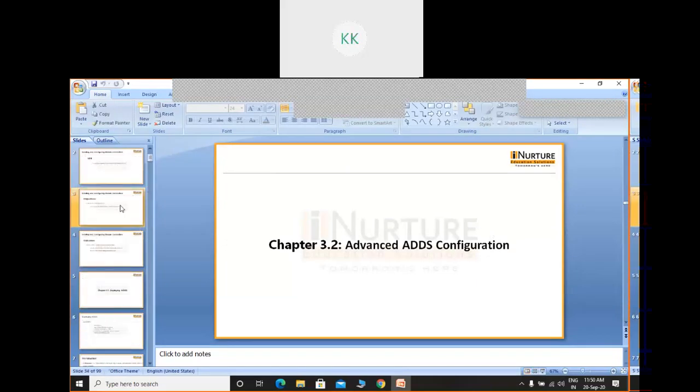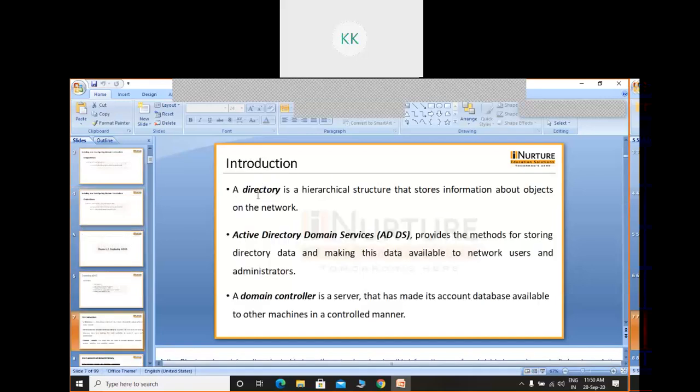So what we have done till now, we have seen what is directory and what is Active Directory and the domain controller. Regarding directory, Active Directory, domain services, and domain controller, any doubt, Sanban? No, sir. What is directory? Because I think you have created your own directory, right, in the assignment? I don't think that you have some doubt.